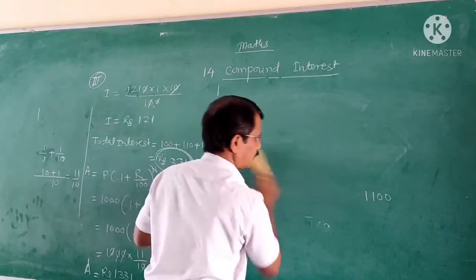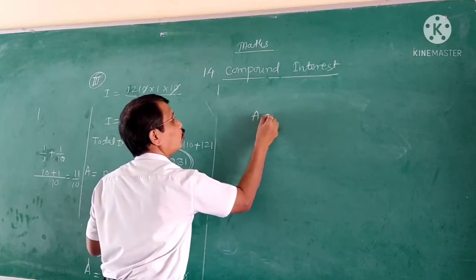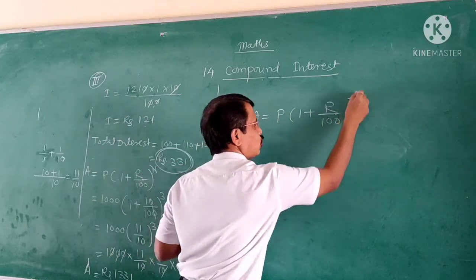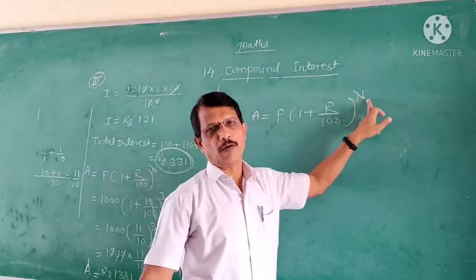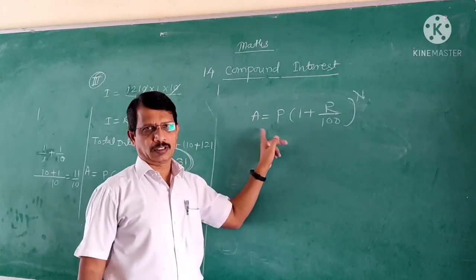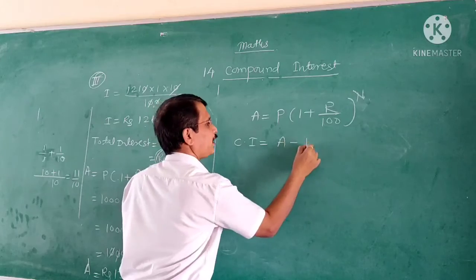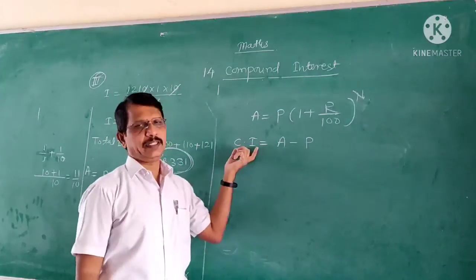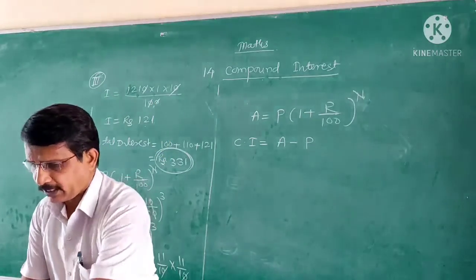Here you get the formula for compound interest. Remember this important formula. In this method, first find amount A is equal to P into bracket 1 plus R divided by 100 raised to n. P means principal, R rate of interest, n number of years. First find the amount, then compound interest is equal to A minus P. A minus P, you will get compound interest. By using this formula, we have to solve practice set